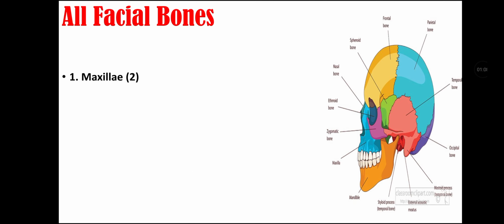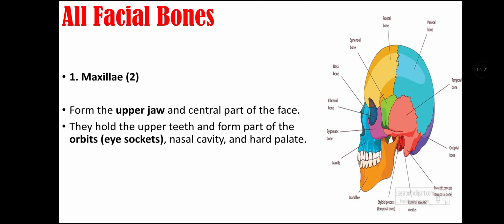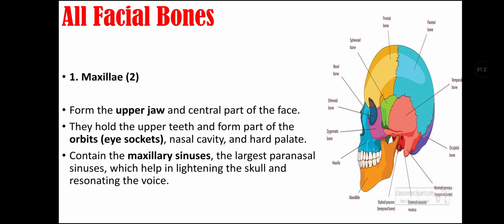Talking about all the facial bones, they include the maxilla, which is a paired bone. As you can see in the diagram, the blue colored bone holding up the upper teeth is the maxilla. It forms the upper jaw and central part of the face. They hold the upper teeth and form part of the orbit, nasal cavity and hard palate. They contain the maxillary sinuses, which are the largest paranasal sinuses, which help in lightening the skull and resonating the